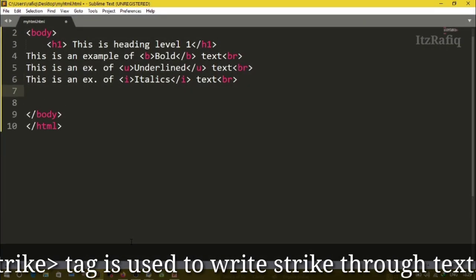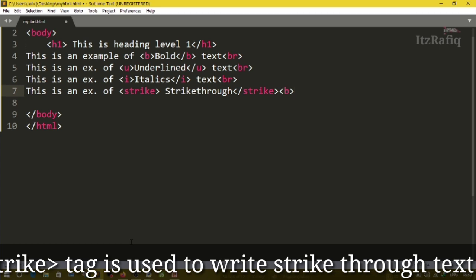So this is an example of, here you will write STRIKE, then write the text whatever you want, strike through, then strike close.